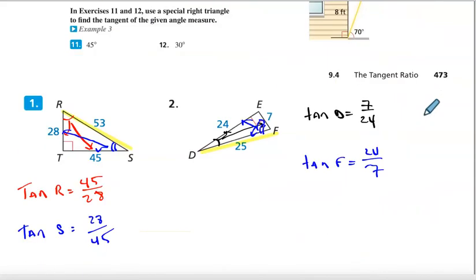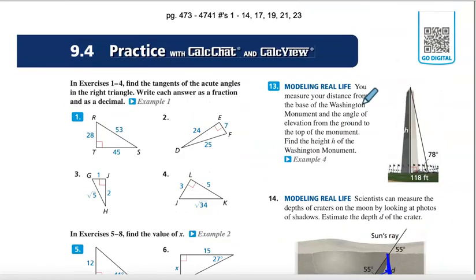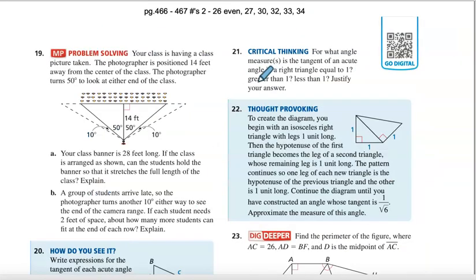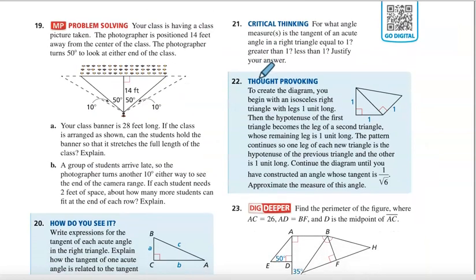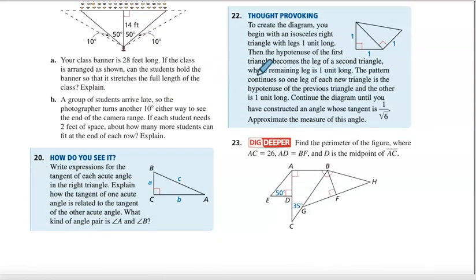Okay. And what else we got? 19, 21. 19 and 21. Okay, so we got